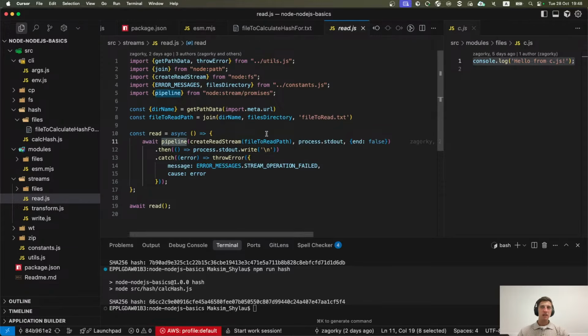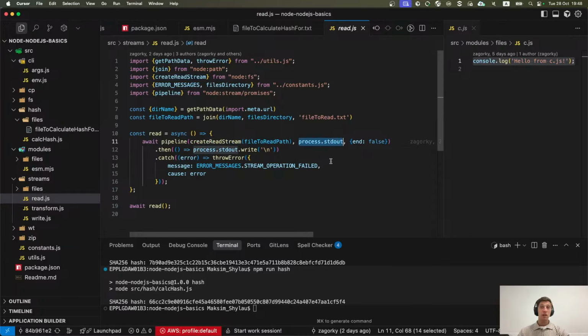What is pipeline? Pipeline is one of the ways to connect different streams, to pipe one stream into another without using complex syntax. You can do it different ways, because you can create a readable stream, you can subscribe to the data event of the stream instance, and on each data event you can push data into process.stdout manually.